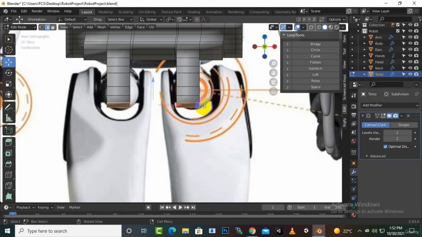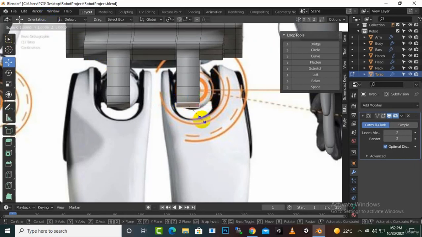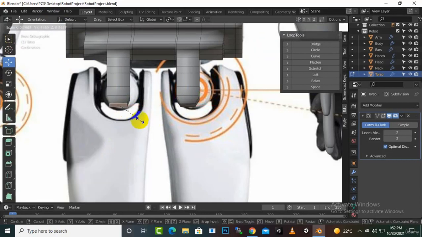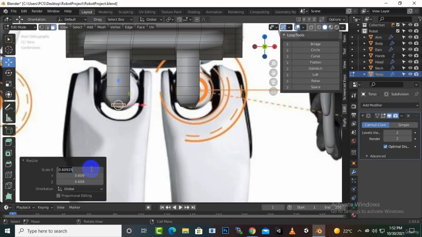Now we can just scale these edges. So we can select this loop, this section, and we can scale it to something like 0.646, and we'll select this one and scale it 0.646. Okay,